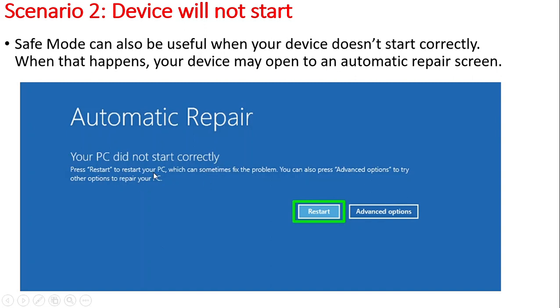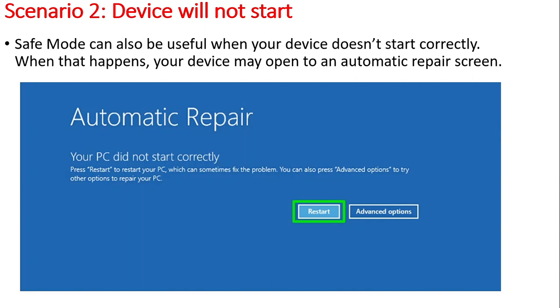Press restart to restart your PC, which can sometimes fix the problem. You can also press advanced options to try other options to repair your PC. This would be the error that you can see on your screen.